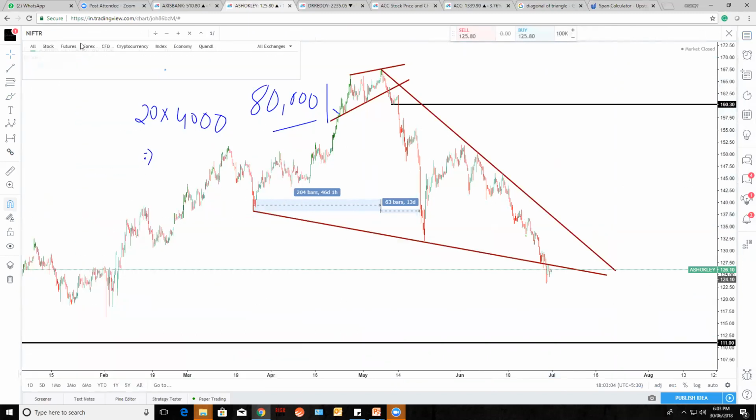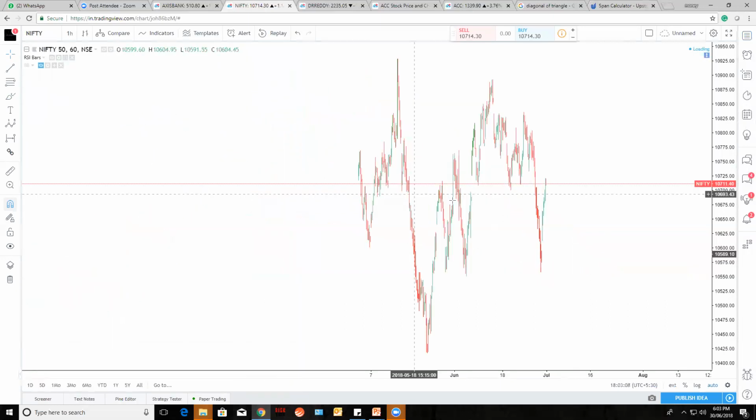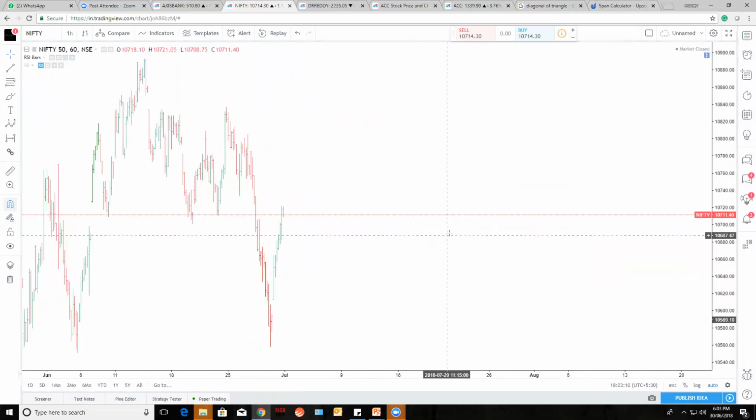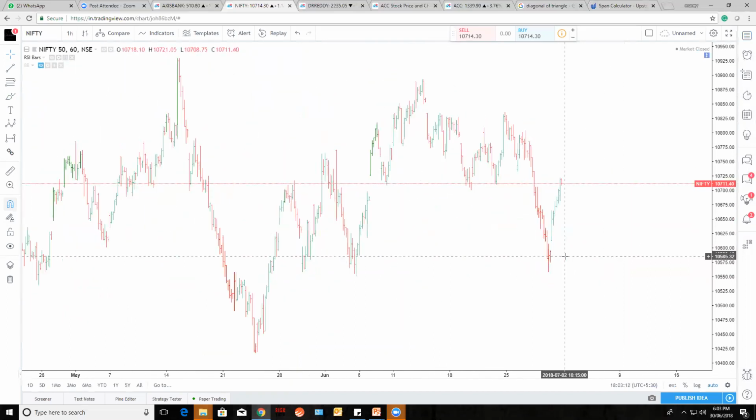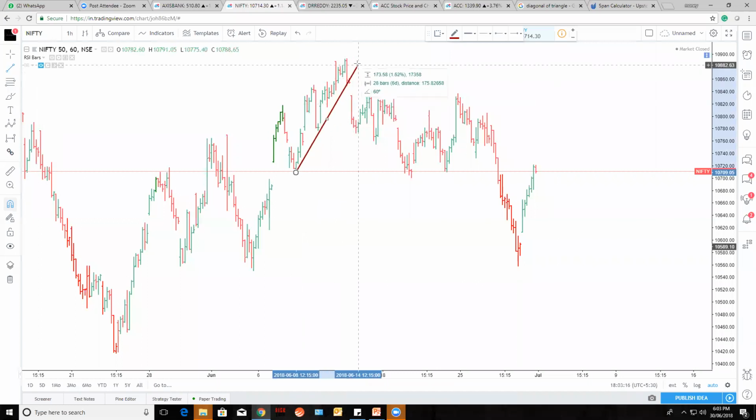And in Nifty also, I might have shown the example also. In Nifty, there was an ending diagonal. In Nifty also, I will show you there is an ending diagonal in C wave. So I will show you this. See, have you seen this? If you're seeing this, you will come to know. This is like an ending diagonal.